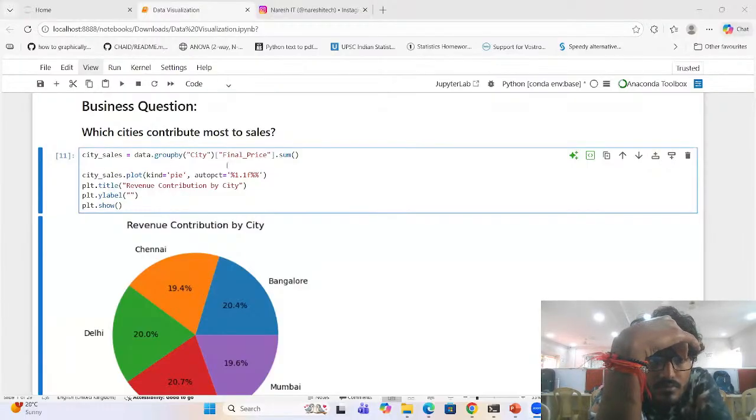Okay, so what I'm doing is I'm grouping the data based on the city column, which means I'll segregate the records where each city is something. Then for each group of city records, I'm going to sum the final price. Final price means the final bill amount the customer is paying. So city wise, what is the sum of the final bill amount that I wanted to calculate? See, when I do this,